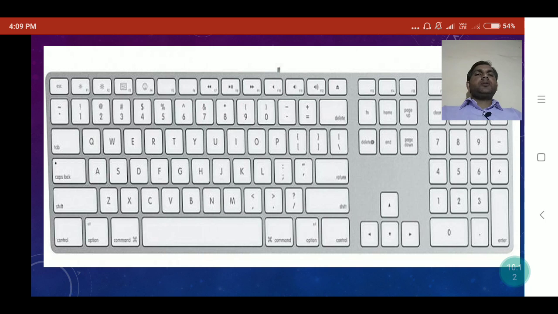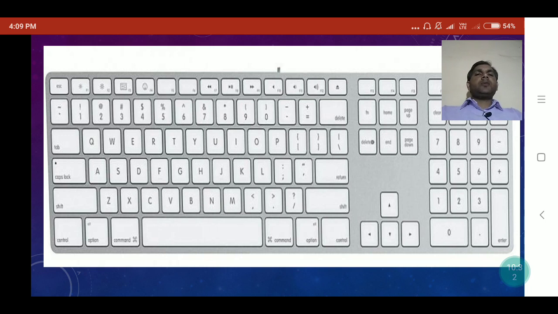This is possible just by practice. After rigorous training and practice, we can do this type of typing without looking at the keys of the keyboard.